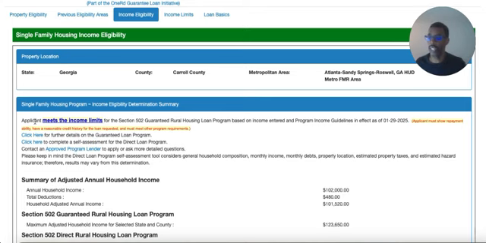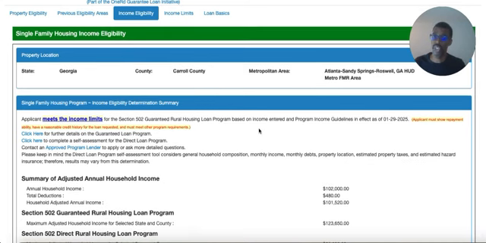And you can see here, applicant meets the income limits for Section 502 Guaranteed Rural Housing Loan program based on income entered on program income guidelines. This is a good indicator to determine if you're income eligible. As a loan officer, I'm also going to check as well to make sure that you're income eligible, because I'm going to look at everything and verify everything as well. But this is just a good litmus test to see right away or quickly if you're eligible for a USDA